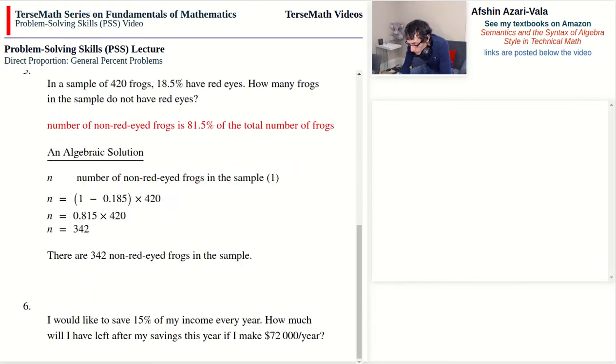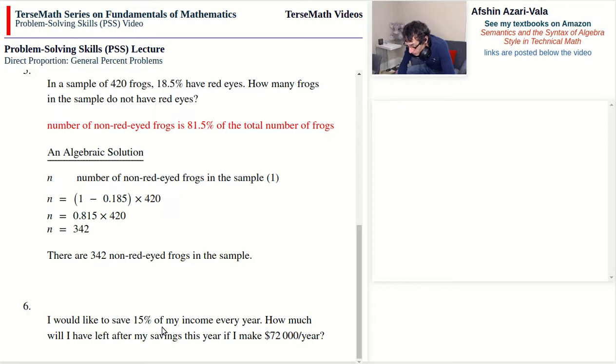I would like to save 15% of my income every year. How much will I have left after my savings this year if I make $72,000 per year? Now the difference between this problem and problem number 3 is that in problem number 3 I wanted to find the amount of money I should save, but now I want to figure out how much I will have left